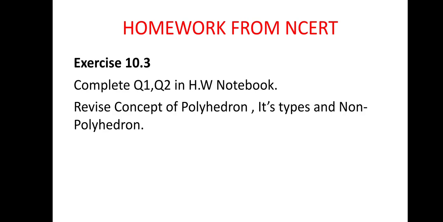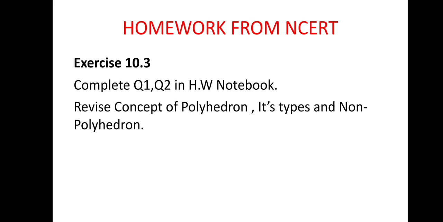So in this lecture, we first recapitulated the previous concepts, and after that we studied polyhedrons. A polyhedron is basically a solid made up of polygonal regions, and in layman's language, a solid having flat faces is known as a polyhedron. Examples of polyhedrons are cube, cuboid, prism and pyramid. These are all polyhedrons.